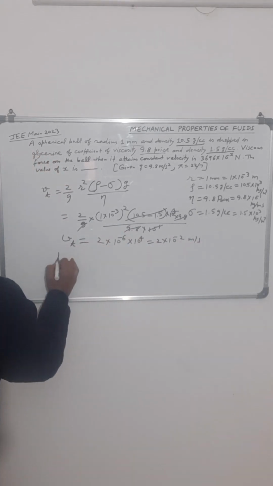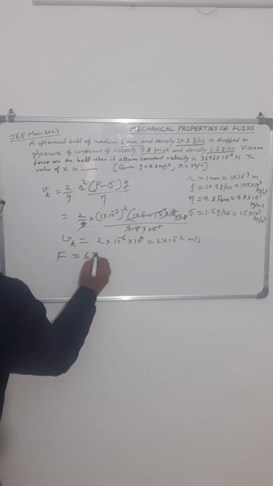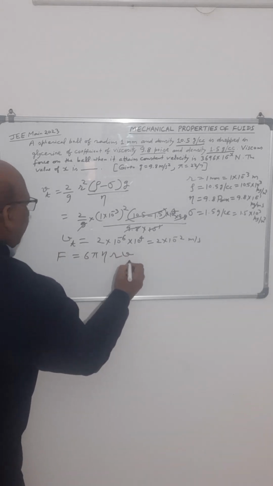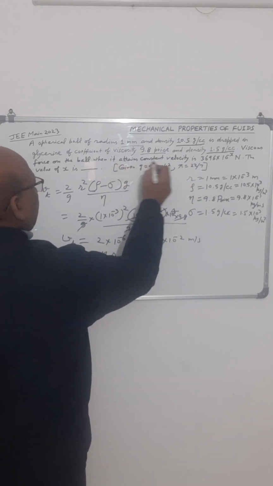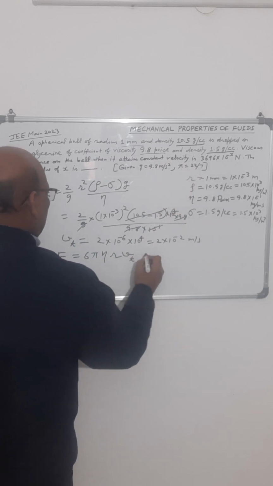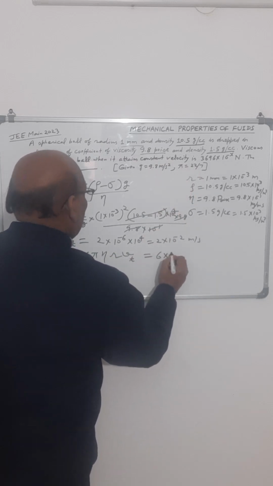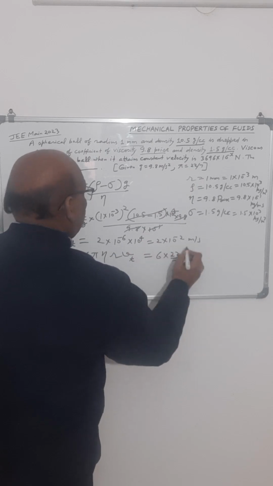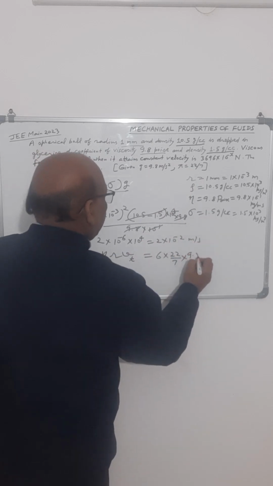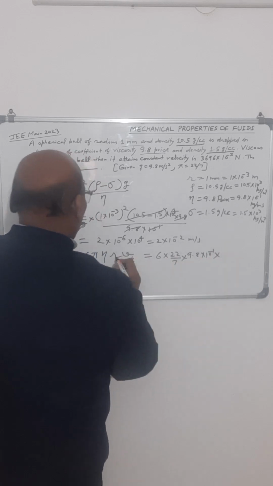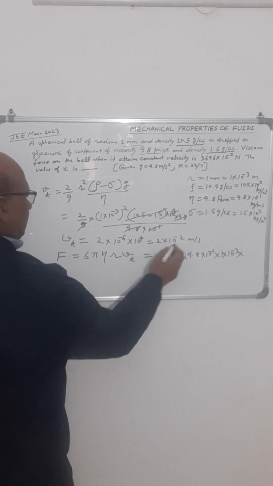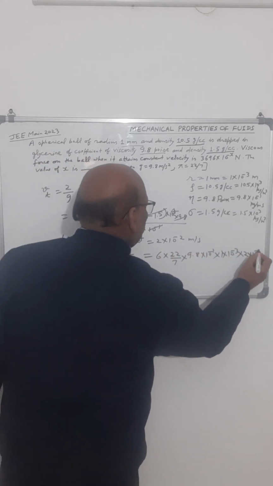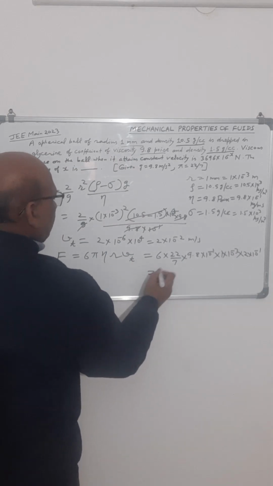Now we will find the viscous force, that is 6 pi eta RV, and here V will be the terminal velocity because we have to find the viscous force when the ball attains constant velocity, that is terminal velocity. Now we will put the values in this: 6 into pi is 22/7 into eta. Eta is nothing but 9.8 into 10 to the power minus 1 into R. It is 1 into 10 to the power minus 3 into terminal velocity we have just found out, that is 2 into 10 to the power minus 2. So after solving we will get